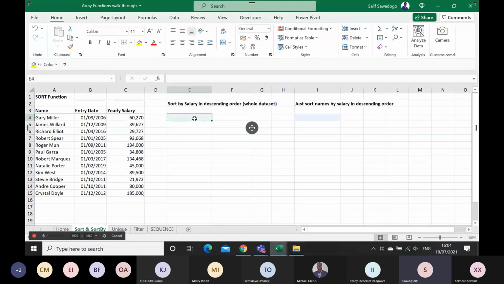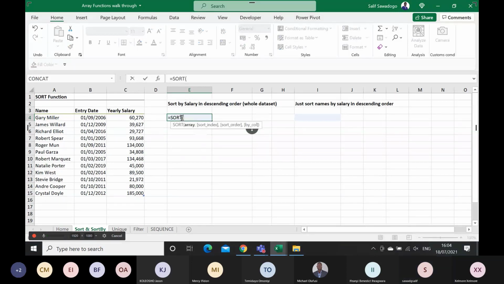So I'm going to put my function here, sort, and the first argument is the array. The array is the data set where you want to sort the data. So I'm going to select my data here,